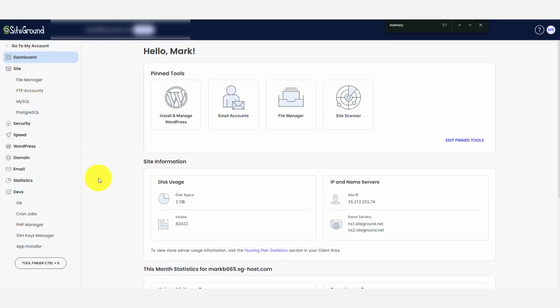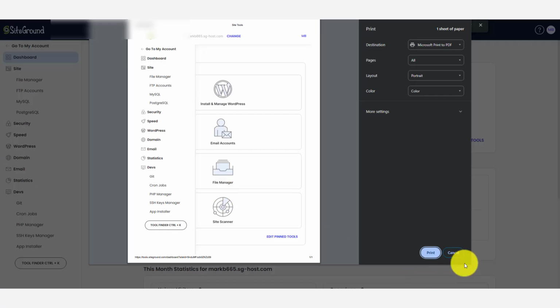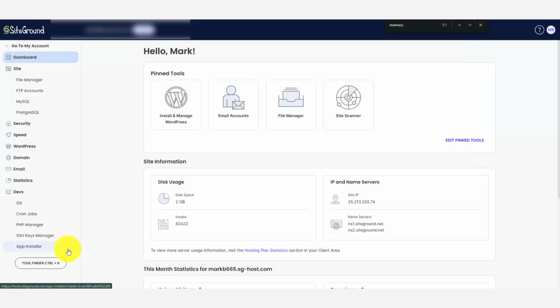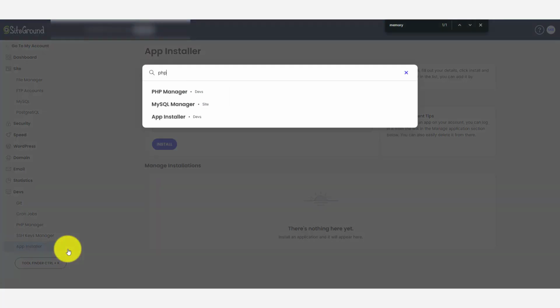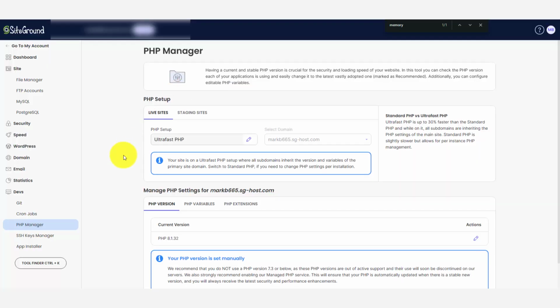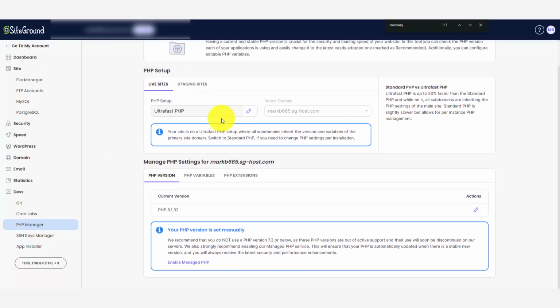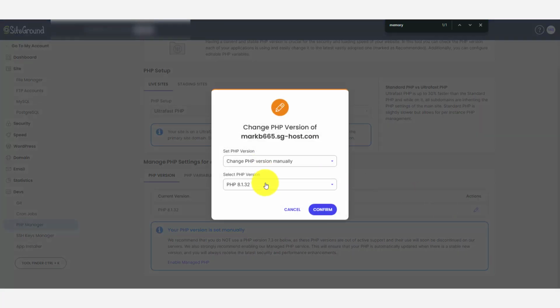We're going to go into our PHP because this is still related to PHP. You go into the PHP manager, and right now I set it up as Ultrafast. I really like the Ultrafast PHP of SiteGround. It makes our website 30% faster. I can say that's really true. So if you are using SiteGround, better to opt for the Ultrafast PHP if you want to have a faster website. So we're going to try to change the